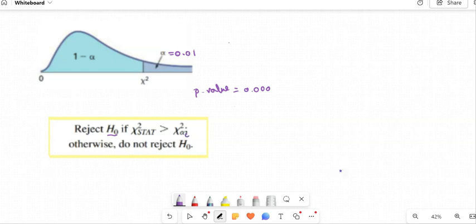Now this is accept H0, reject H0 according to the chi-squared stat versus the chi-squared alpha, or critical, right? So this is critical. So now what does it mean? We have a rejection zone over here,